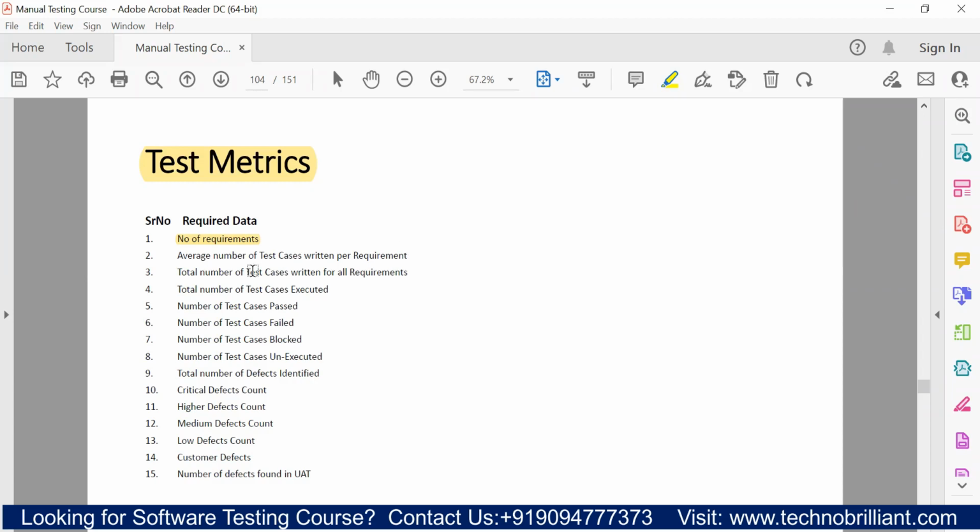Then based on that we are also calculating the average number of test cases written per requirement. For each requirement, how many test cases we have written on average, that we are calculating. Then the total number of test cases written for all requirements. Then total number of test cases executed, number of test cases passed, failed, blocked, and number of test cases unexecuted due to some reasons, total number of defects identified, how many criticals,